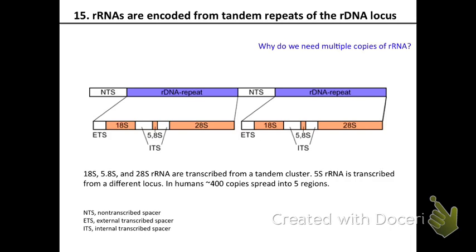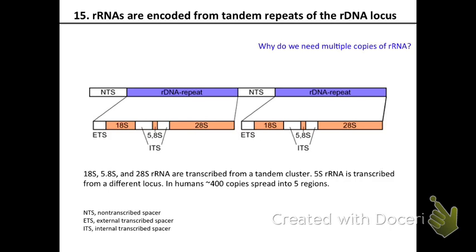Hemoglobin? Same thing. There are multiple copies, but it's not that many. Transport proteins? They are in families, but you don't have that many. One other protein, for example, is histones, right? This whole genome has to be wrapped up around histones. So you need many, many copies of this. And the histone genes are also expressed from clusters.